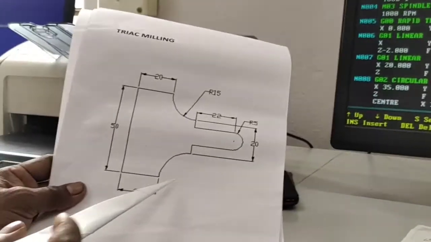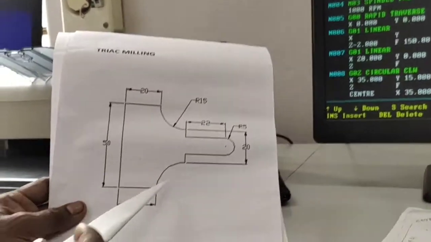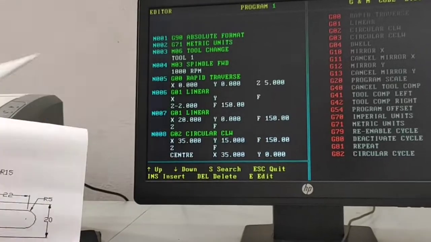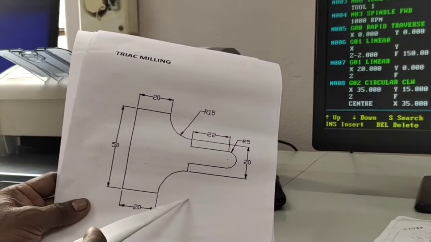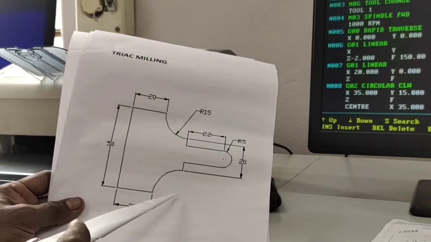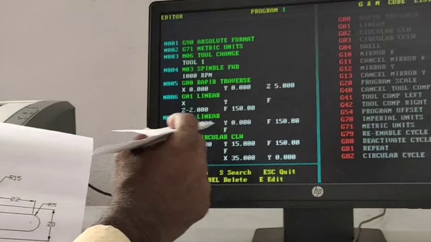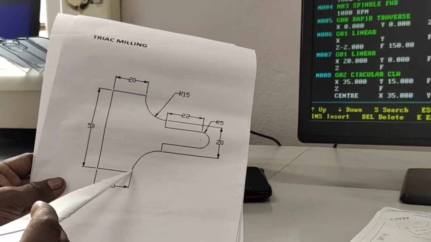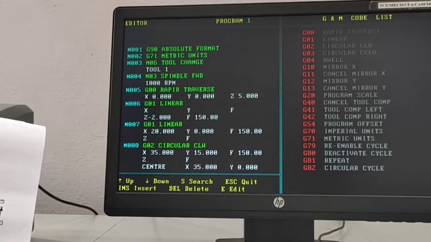The distance is 20 plus radius 15, which is 35. 35 is the center point for X. Then the center point for the Y axis is 0. So X35, Y0. If you enter this line, the tool moves from here to there for line number 8.